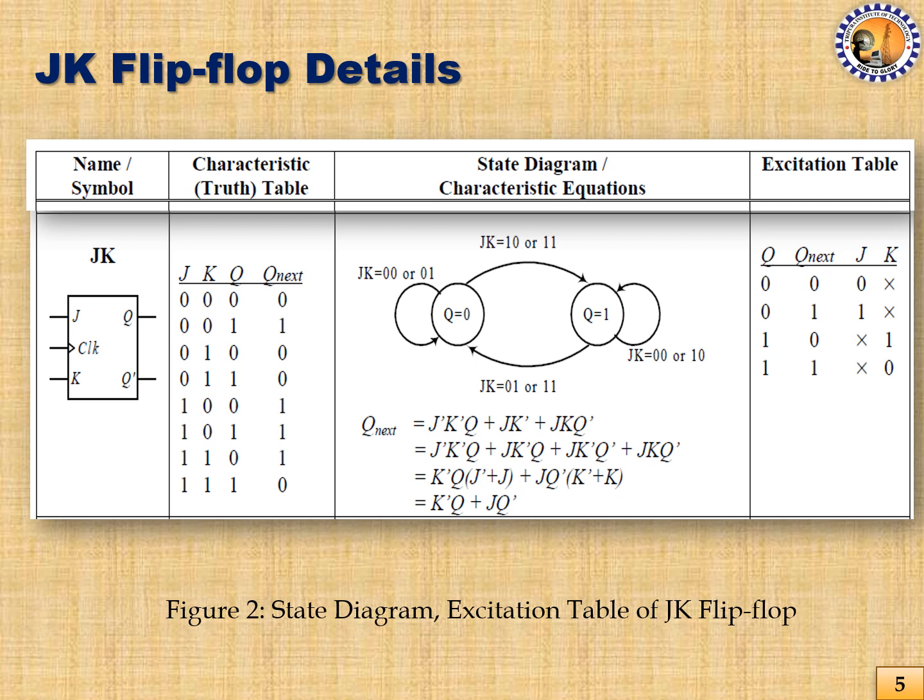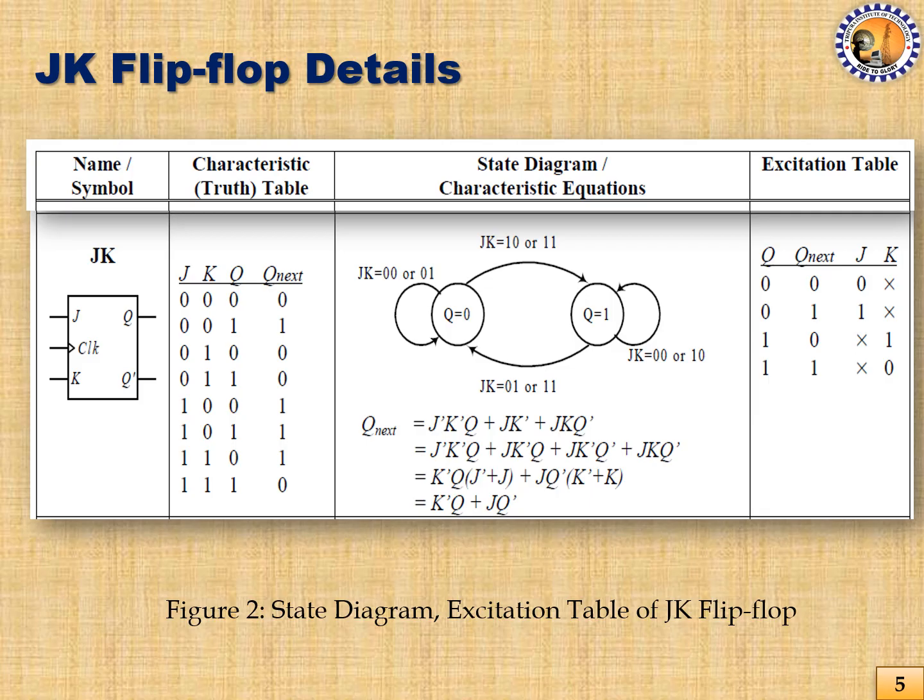So from here, in a similar manner, using the Karnaugh map, we can find out the expression for Q next. If we write all the expressions where Q next is equal to 1, then from there also we can simplify and finally arrive at this expression, or we can simply use the Karnaugh map to solve and directly get this expression. So Q next, that is the characteristic equation for the JK flip-flop, is Q next equal to K bar Q